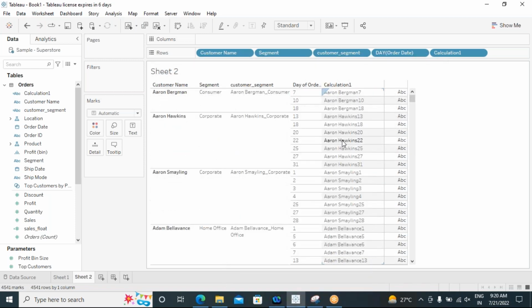So when you want to concat differently formatted data with a string, you just need to convert it into the string format. Then you can do it. Okay. So